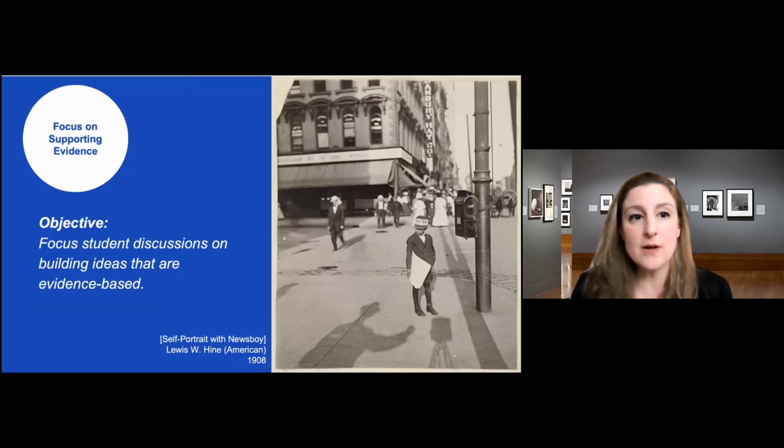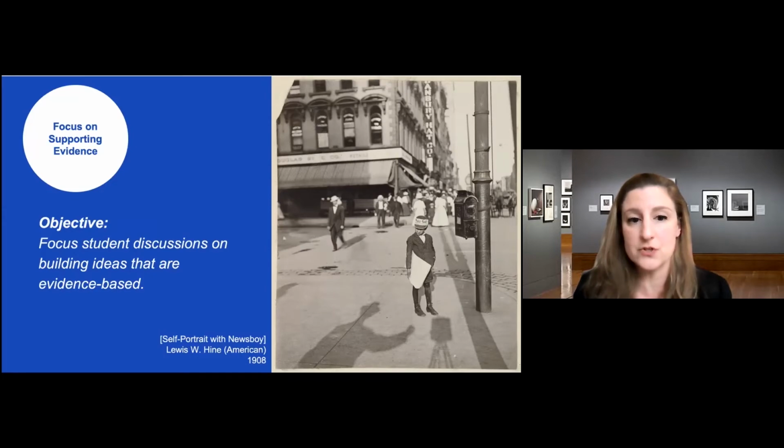So while visual thinking strategy and the multiple perspective focus that Darcy just shared certainly rely on using supporting evidence, they don't make that a focus of how the discussion is constructed. So another type of discussion that you can have that's useful as a skill building experience for students, not just in looking at art, but when they're reading literature or discussing other kinds of texts, they are beginning to learn about how to use evidence to support their ideas and opinions. So it's a really helpful approach to use, not just for art.